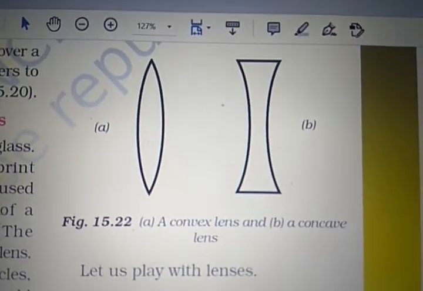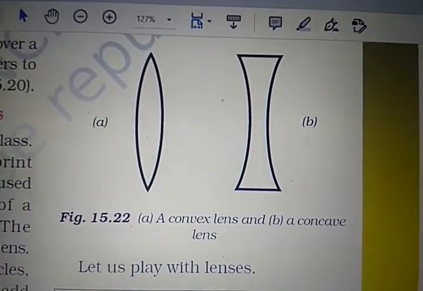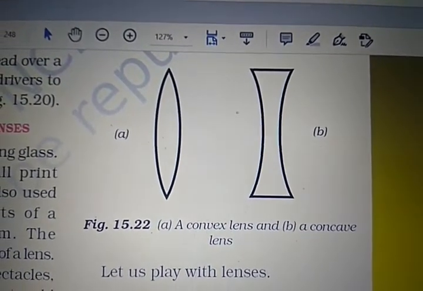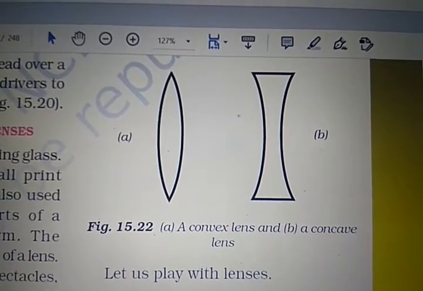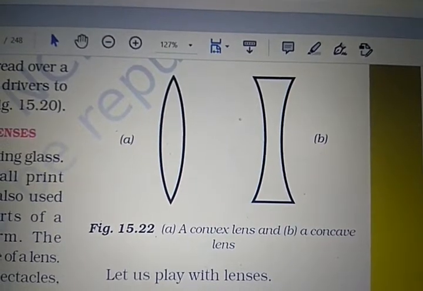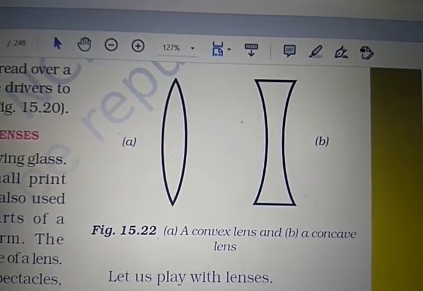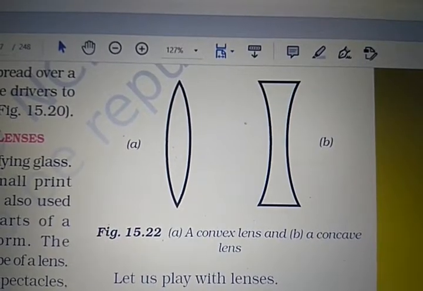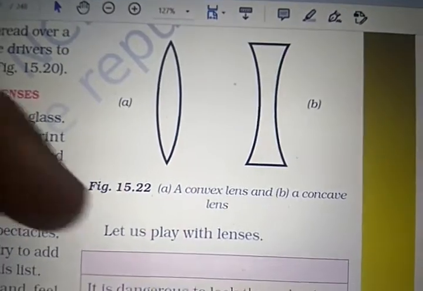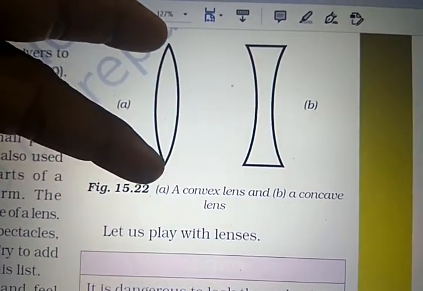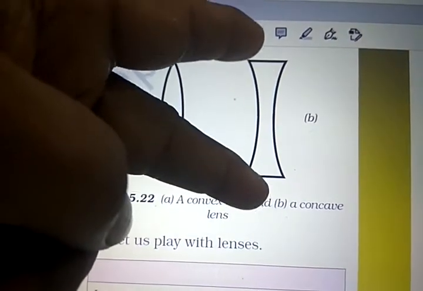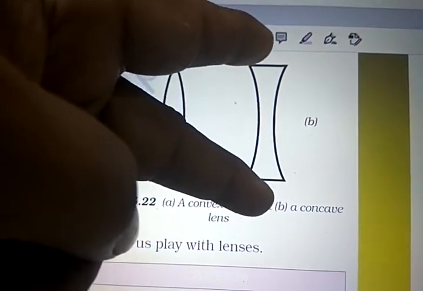Here figure A is a convex lens, and figure B is a concave lens. You see the difference between them. The convex lens is broad in the middle, while the concave lens is thin in the middle, and from the end parts it is widened.